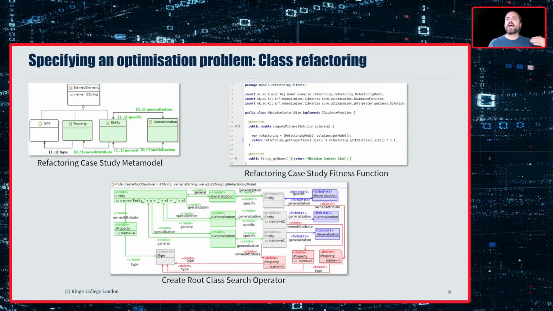Here's an example showing how to use MDEOptimiser to refactor class diagrams. These are the additional artifacts referenced from the specification we've just seen. In the top left corner, we see the meta model of a simple modeling language for specifying class diagrams. We could also have used the full UML specification here, for example, but are keeping things simple for the purposes